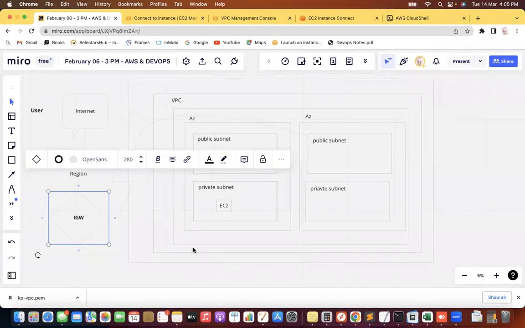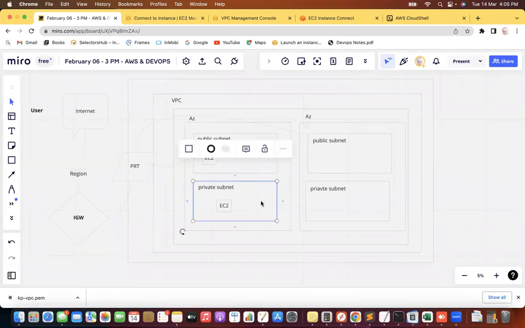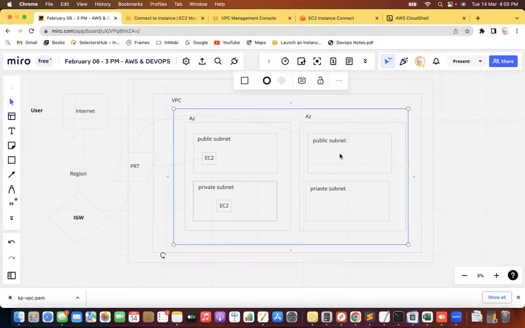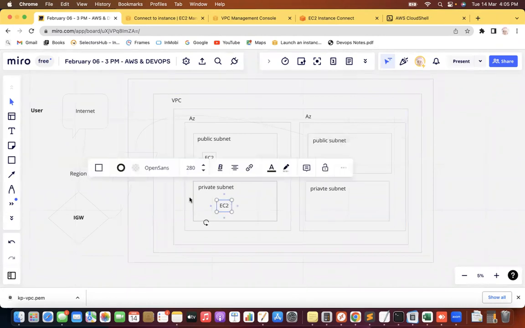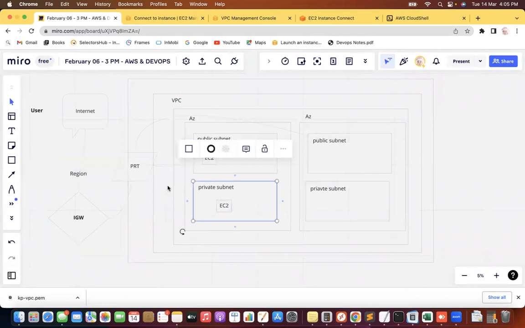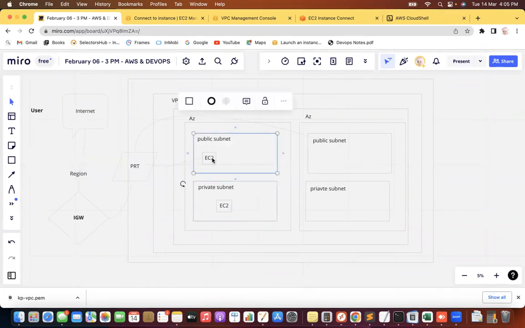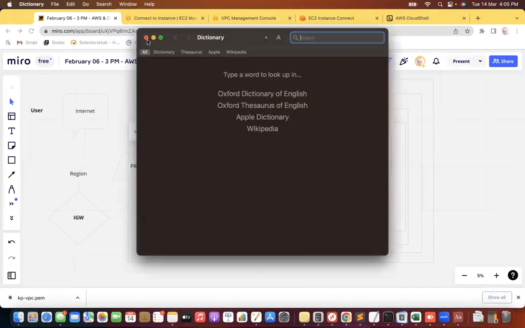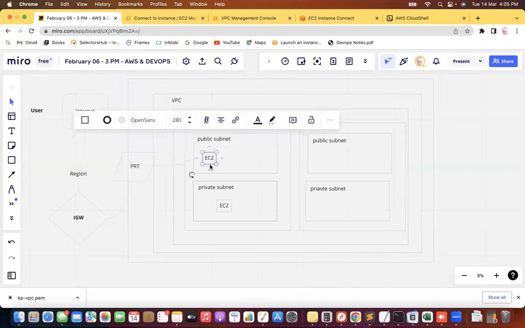Yes, Dinesh. So now what do I need to do? How can I connect this private subnet? For that also, of course, you need a route table. I'm not talking about the route table right now. Listen. See guys, if I need to give a public network to this private subnet, it is not at all possible to go with the internet gateway, but we have one option. What is the option? Here we have a public subnet, right? Here we already have one EC2 instance that you have connected. Once you have connected this particular EC2 instance, from this EC2 instance,